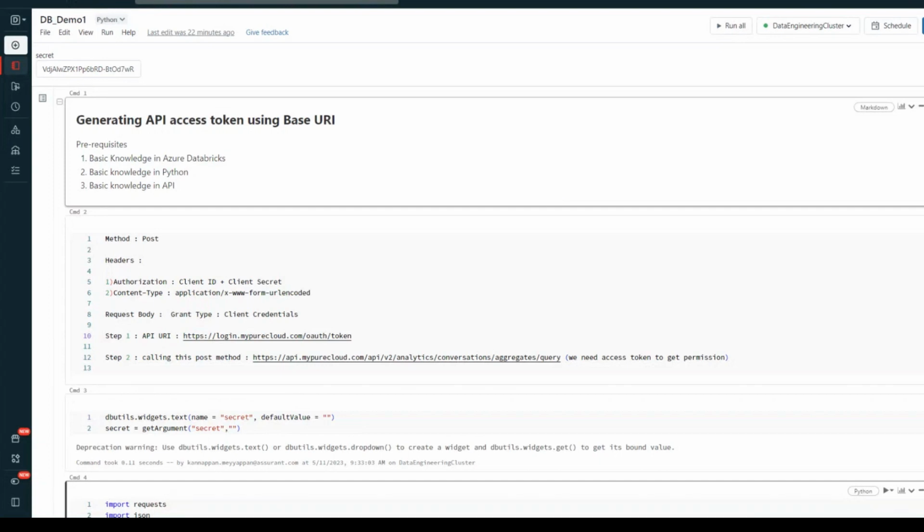Hello everyone. Today we are going to see how to generate an API access token by using a base URI. You need this access token in order to fetch information from any REST API, post method or get method, in the subsequent processes. Because this is the initial process, by using a base URI, you have to generate the API access token, which